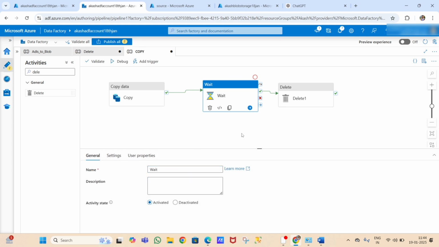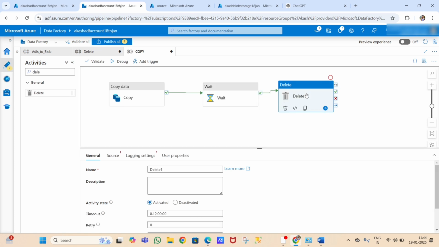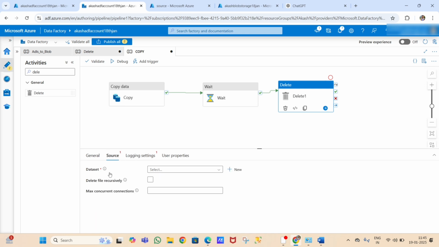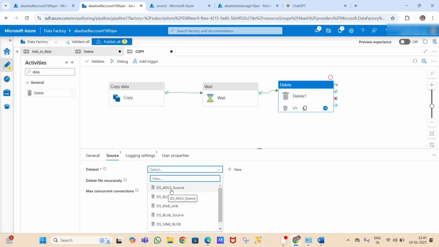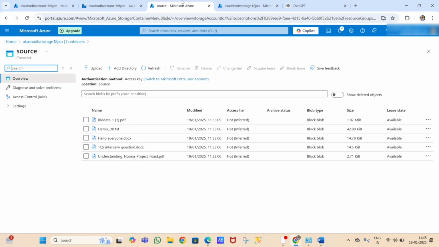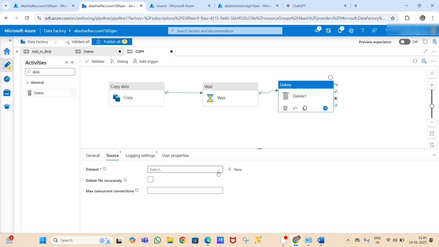In the delete activity, I will delete all the files from the dataset, ADLS source. In ADLS source, these five files will be deleted once they are copied successfully into blob storage.